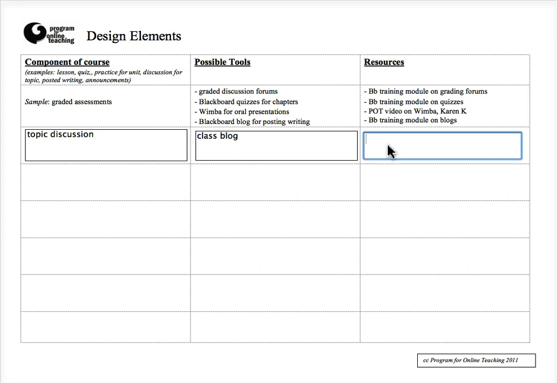To learn about class blogs, once I go to the POT website and look around, I would probably find out that one of the recommended tools would be EduBlogs, and I'll go take a look at their website and see how to set one up. Is this going to be too difficult for me? Is this going to be something that will work and that I'll be able to learn in time to do my class? And if not, I can just change my mind here